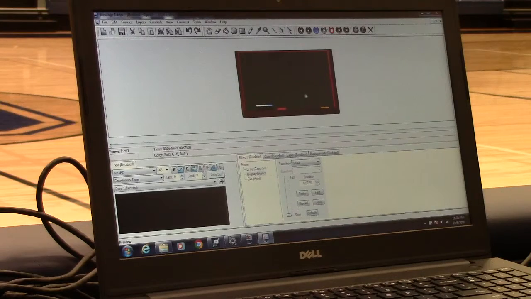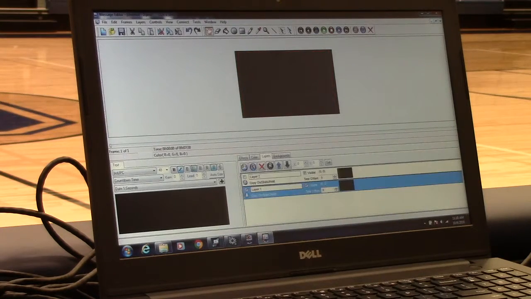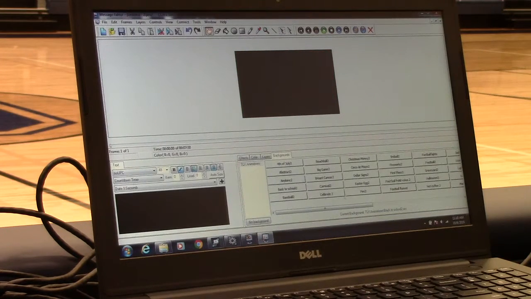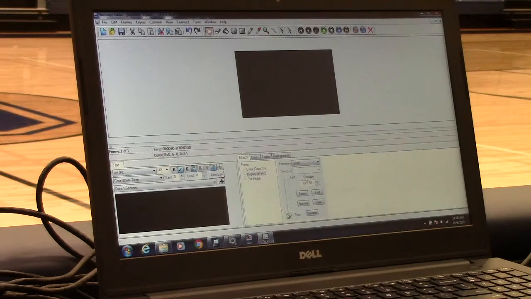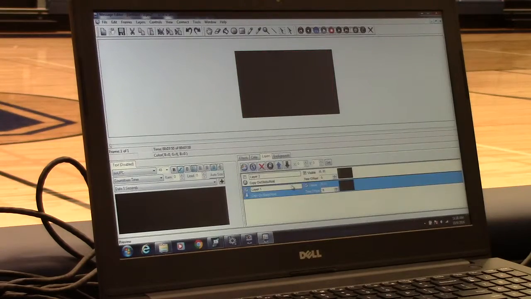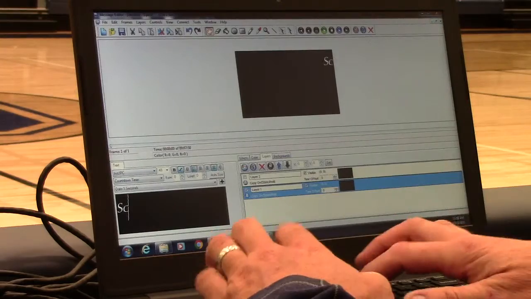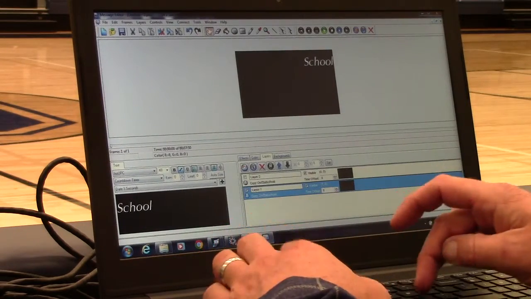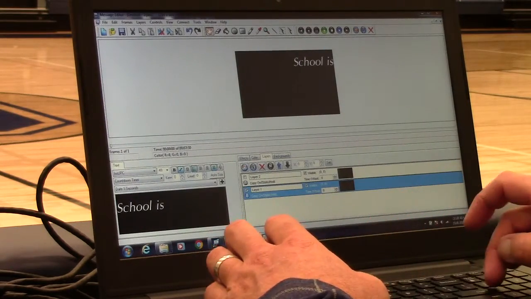So if you time this right, all I did was click on backgrounds, choose this one, and then you have to make sure that the time is long enough. All right, and if you play it, you can see what it is. So now what you would want to do is probably, at the right time, have some text come up on the chalkboard, which would be in the text layer. So if we go over to the text layer and then we put, you know, school is